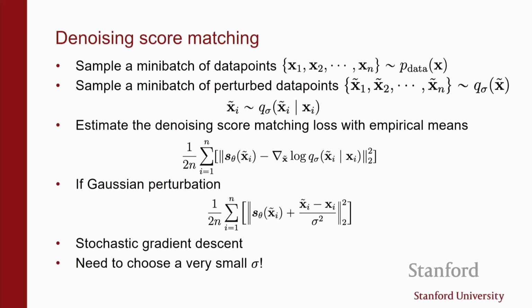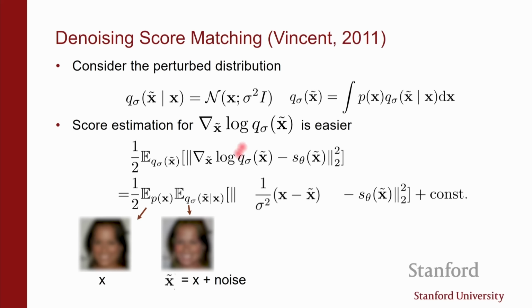If you're adding Gaussian noise, it's basically data plus Gaussian noise. If you add another kind of perturbation, you're going to get another type of perturbed data, and you're estimating the score of that. So you're right, we're not estimating the score of the clean data density, we're estimating the score of the data plus noise. The hope is that you need to add just a small amount of noise, so that if sigma is small enough that these images are indistinguishable from the clean ones, then the approximation is not too bad. And what we gain by doing that is that it's much more scalable.